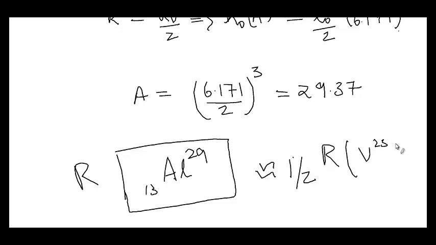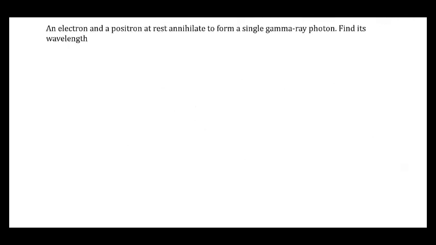So this is a problem based on atomic sizes, nuclear sizes, and how the radius of the nucleus is determined using the mass number or atomic mass. And this could be a kind of problem that could be asked in your exams. The next one is more of a generic kind of problem. This has actually got nothing to do with nuclear physics alone, except for the matter that a positron is observed when there is a nuclear decay process happening, but otherwise it is a very generic problem based on